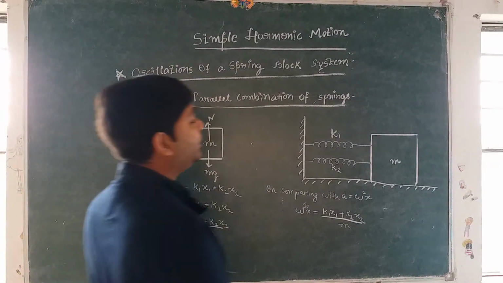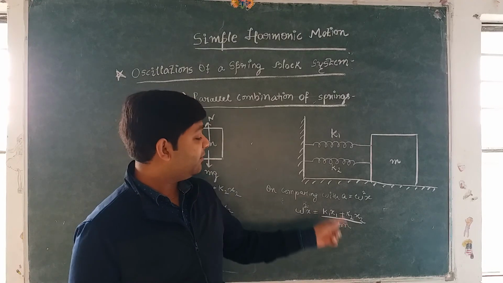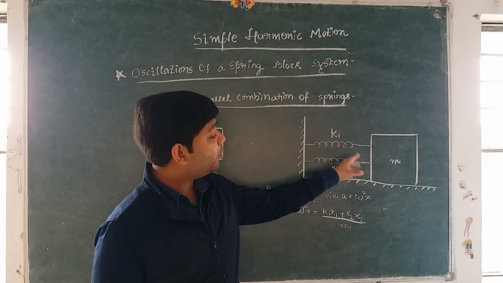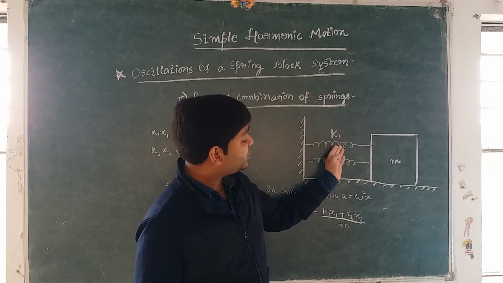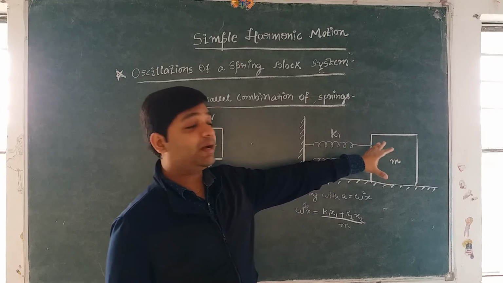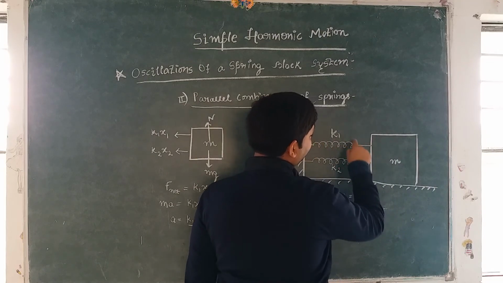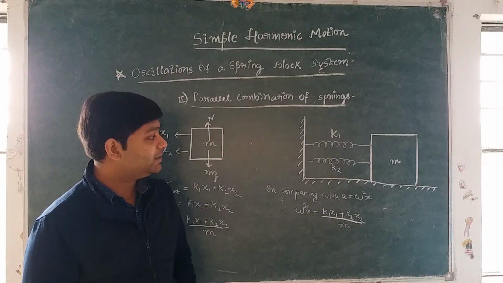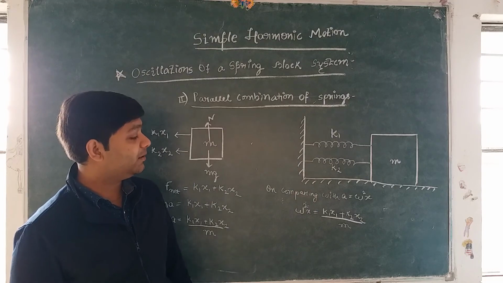Now one thing you need to note is that this x1 and x2 will be the same. The value of x1 and x2 will be the same because both the springs will get stretched by the same distance, right? If the elongation in this spring is different and the elongation in this spring is different, then this block will become unstable, right? If this spring gets elongated to a much bigger length than the elongation in this spring, then this block of mass M will become unstable. So there has to be the same elongation in both the springs, right?